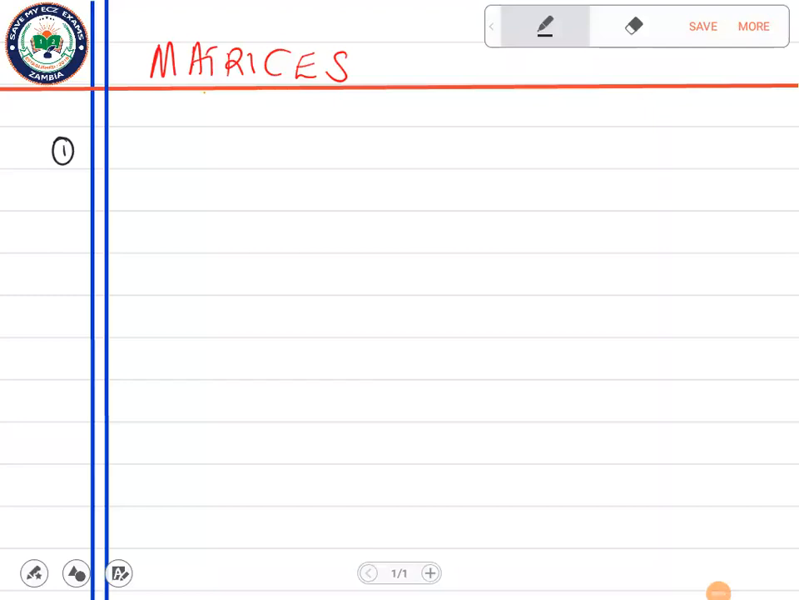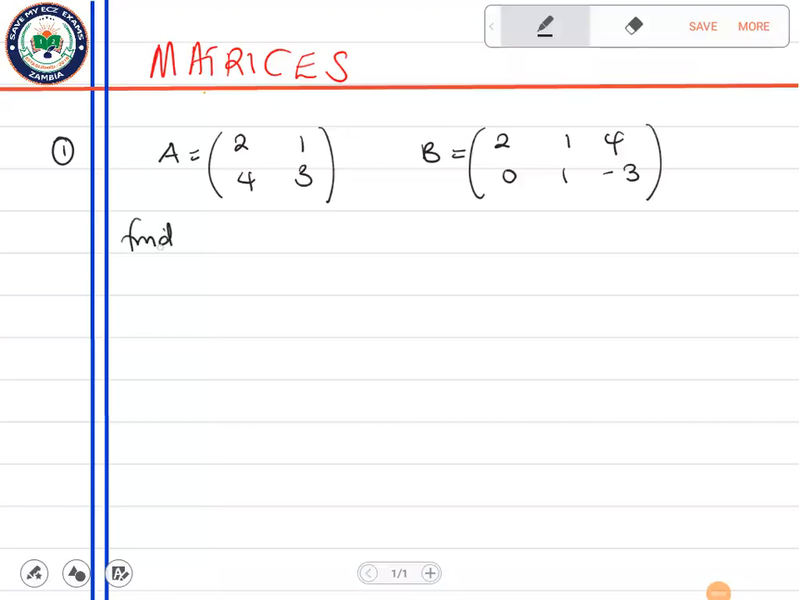All right. So imagine you've been given a matrix A, which is given by 2, 1, 4, 3, and the matrix B is given by 2, 1, 4, 0, 1, negative 1, 3. Then they say number 1, find AB, number 2, find B transpose, and number 3, find A inverse. So how can we find this? So first of all,